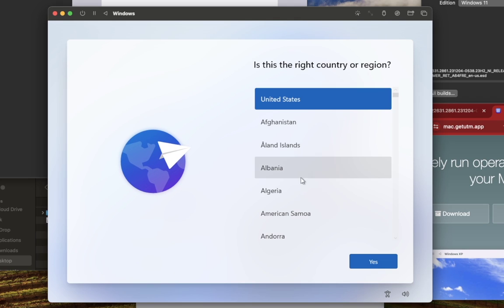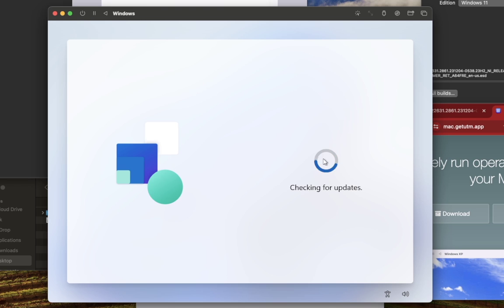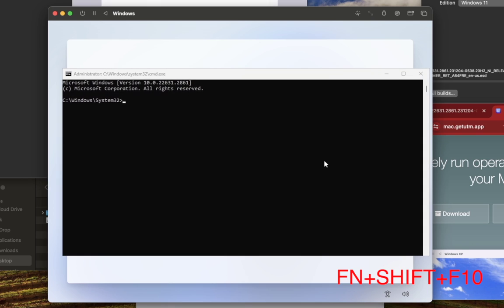And now we continue with the setup here. Select your country, keyboard layout, and for some reason sometimes Windows might try to update itself, which isn't going to work because we haven't installed the network drivers yet. So what we can do is actually disable the network in the setup, and to do that, hit FN, Shift, and F10 all at the same time, and then type